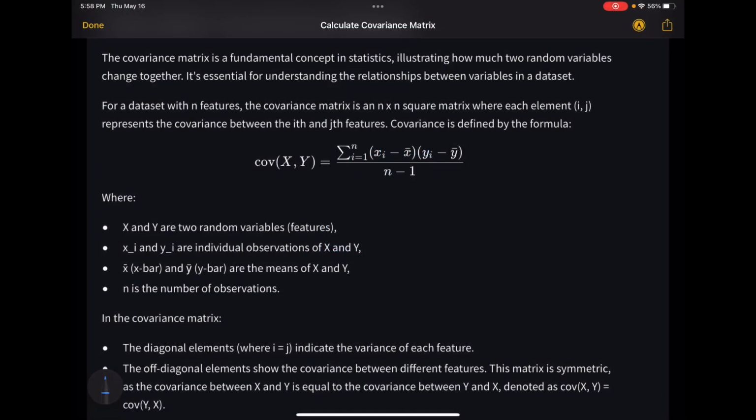Hey everyone. Today we're going to go through how to calculate a covariance matrix and what is a covariance matrix. So first, before we start off with what's a covariance matrix, we'll start off with what is a covariance. So covariance is basically how much the variables in x are similar to a different variable,